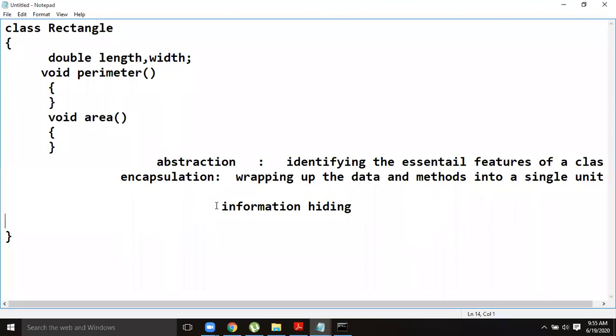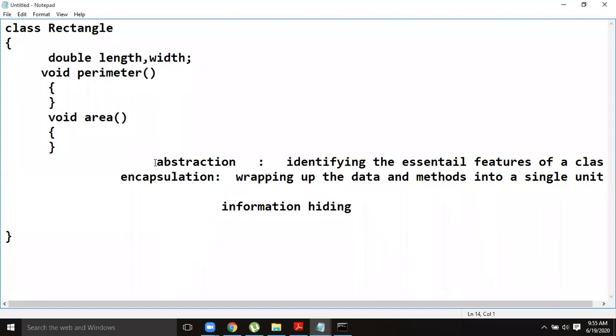That is what information hiding is. Else we can provide security. Okay. So this is abstraction and encapsulation. Both are interchangeable words. The implementation part of abstraction is encapsulation.